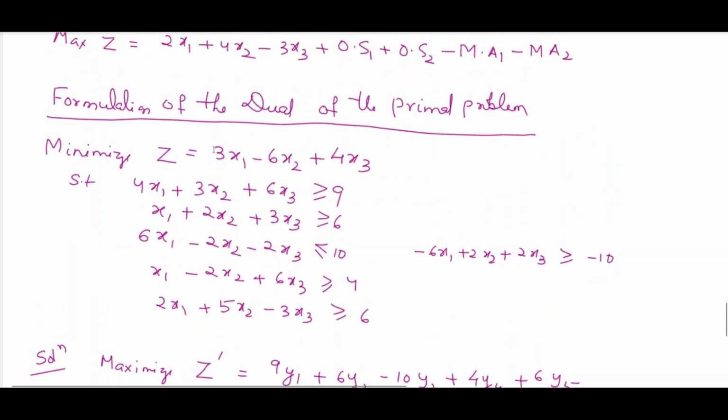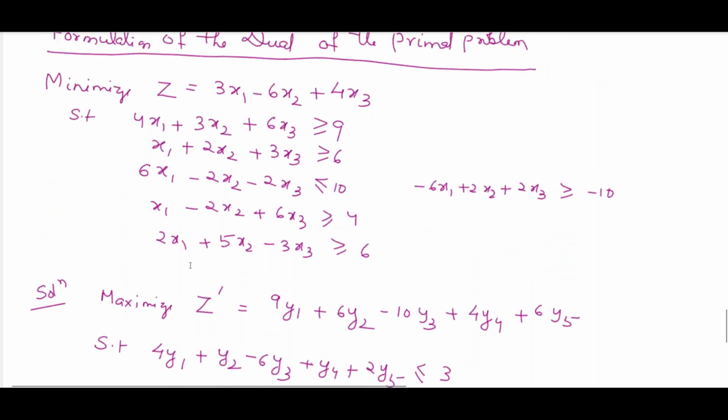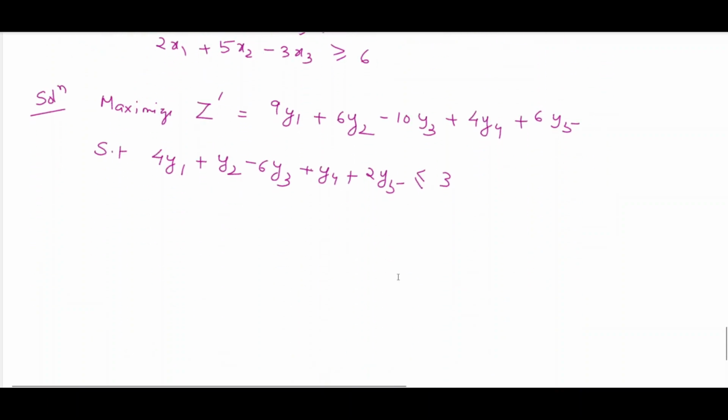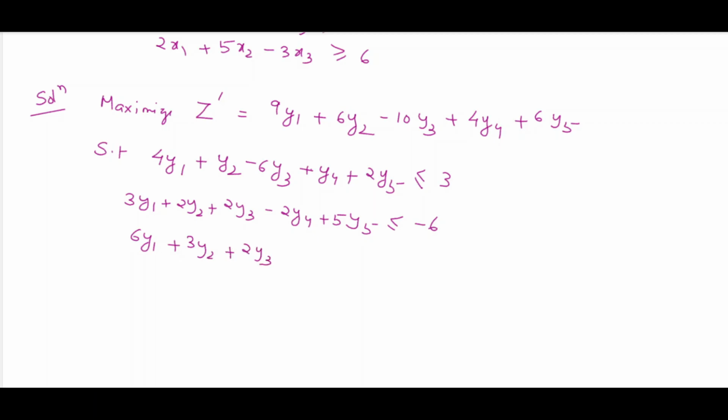And where is this 3? This is this 3. This is the first inequation. Then the second inequation will be 3y1 plus 2y2 plus 2y3 minus 2y4 plus 5y5 less than or equal to minus 6. Likewise, you will get three inequations. The third will be 6y1 plus 3y2 plus 2y3 plus 6y4 minus 3y5 less than or equal to 4,